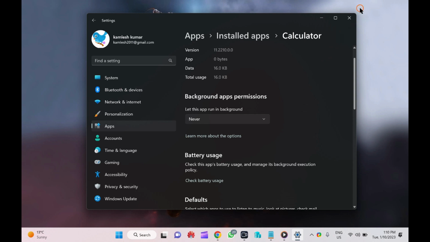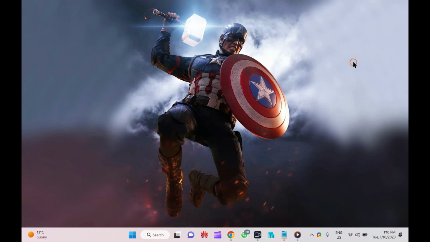The next option is Task Manager. You can also disable background apps from Task Manager. For that, on Windows 11, press Ctrl Shift plus Escape on the keyboard to open Task Manager. If you know another method, you can also use that.